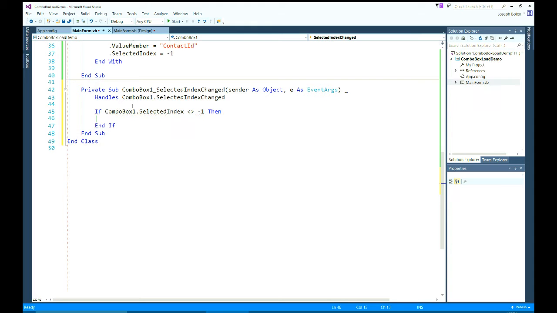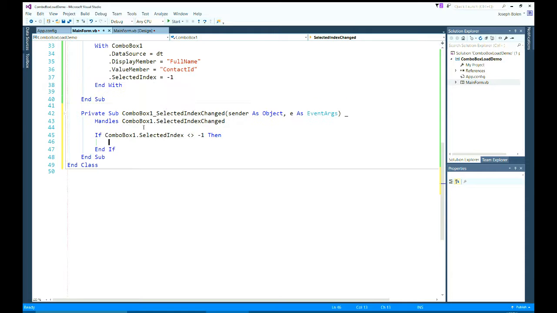If it's equal to -1, I want to skip over this routine and it'll jump on down and exit out. You'll remember back up here, when we started out, we initialized it to -1, so it should skip out of here. So what I want to do in this case is take TextBox1